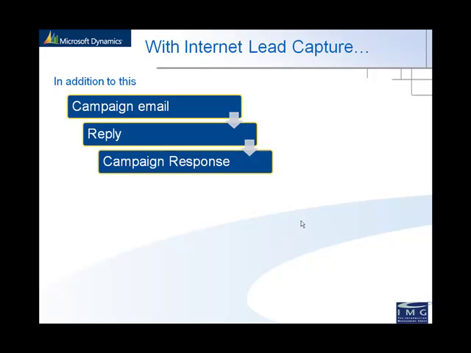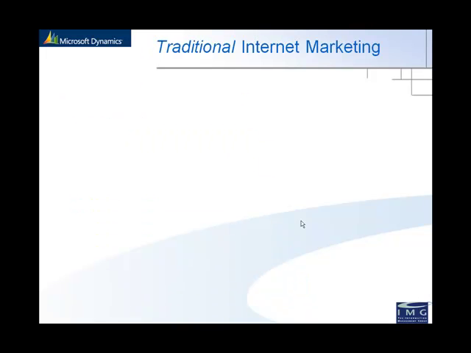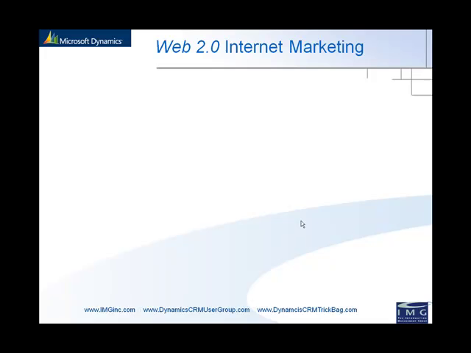If we had internet lead capture, then in addition to being able to create a campaign response from a reply to a campaign email, we'd have a much more general purpose form of marketing. Basically anything out there on the internet, let's say an internet ad, might drive traffic to a landing page. The different scenarios that we'd be able to support here, the traditional internet marketing scenarios, there's the pay-per-click model with search words, banner ads, persistent ads on other websites. There's, of course, email marketing, I suppose you'd include in this internet marketing feature set, and generally any inbound link. If I could support that,